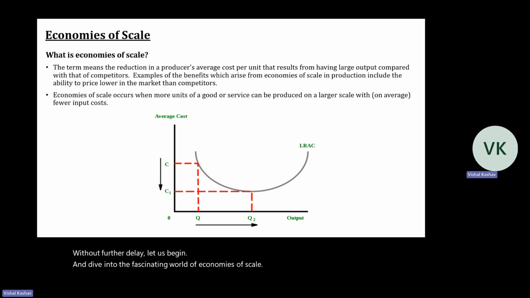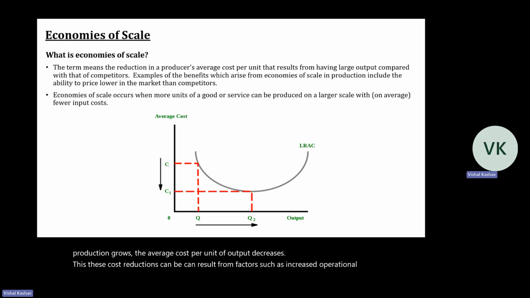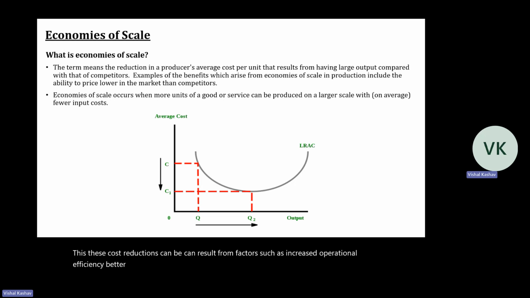So, as you are on slide number one, economies of scale refer to the cost advantages that a business can achieve as it increases production or operational scale. The concept is rooted in the idea that as the volume of production grows, the average cost per unit of output decreases. These cost reductions can result from factors such as increased operational efficiency, better utilization of resources, and bulk